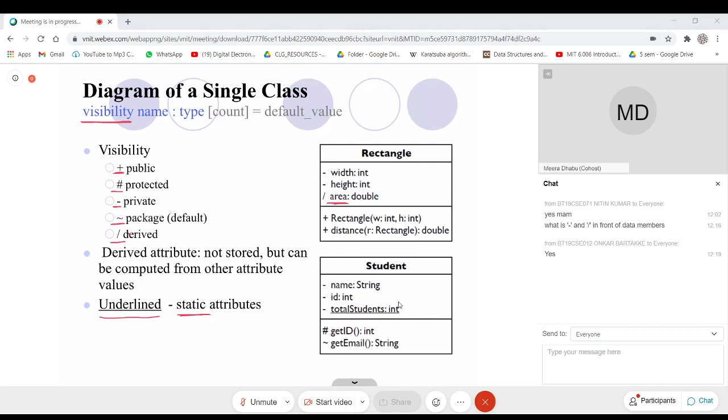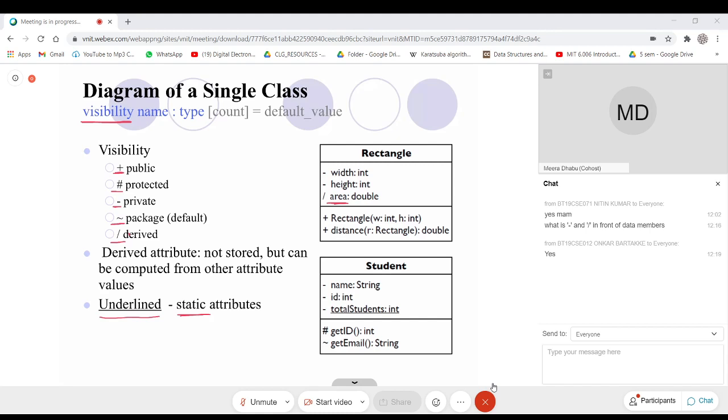Okay, so on the right hand side, for the rectangle class and the student class, you can see that visibility symbols are used. If you look at the rectangle, minus for width and height, so those are the private data members, followed by the colon, then the type.